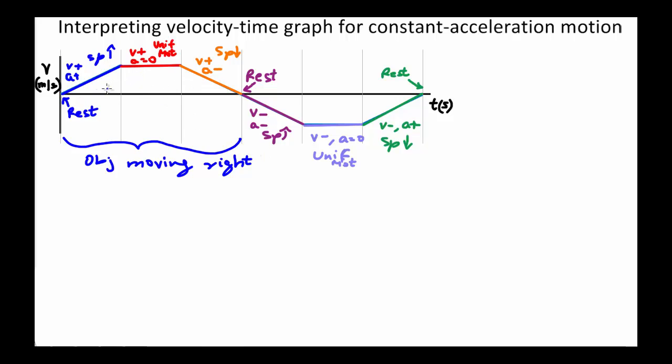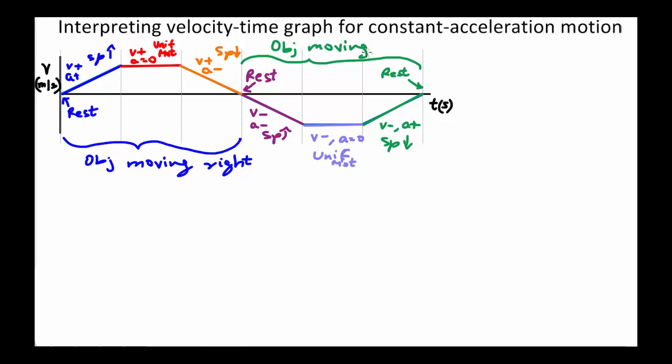And this is where I'm filling in a little bit of gap in this question. I'm assuming that positive velocity means to the right and negative means to the left. I could make any other assumption, but I just need to stick with the assumption I make. So I'm just going to use this. And then for the second half, I'll use a different color to contrast. The object is moving to the left. Negative velocity means motion in the negative direction, which based on our assumed coordinate system means that the object is